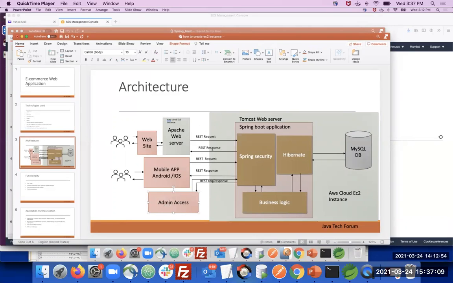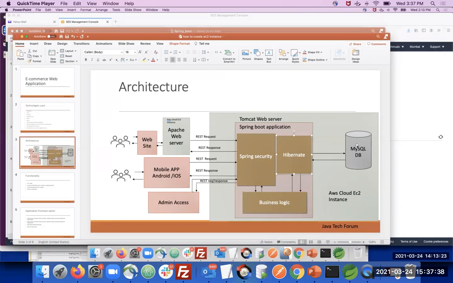The website web server will communicate through the REST service, and all those requests are filtered with Spring Boot security. For security purposes we are using the Spring security model. We are using a separate business layer, and Hibernate for database communications.